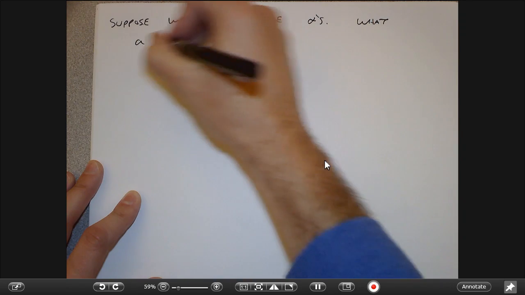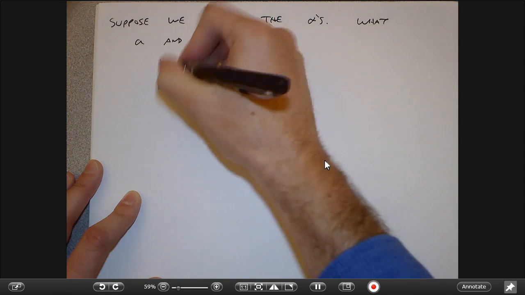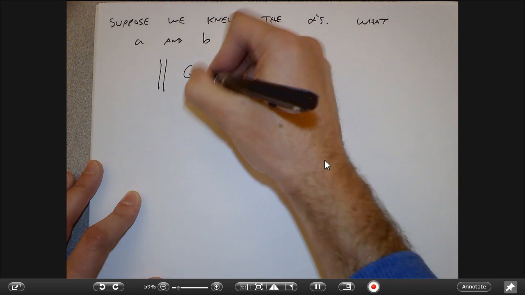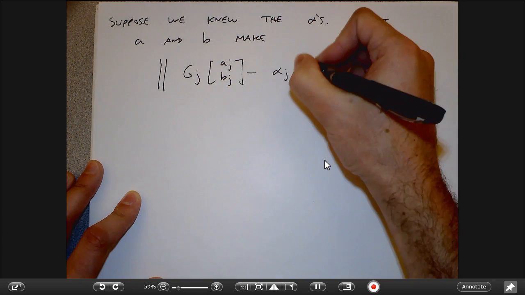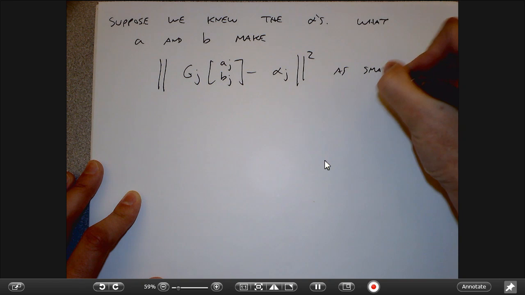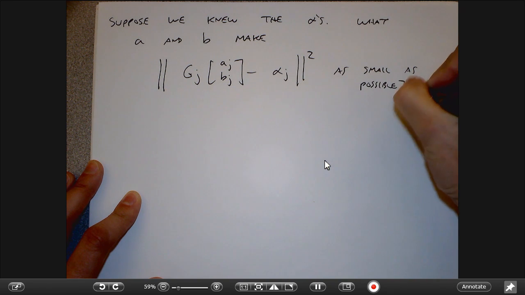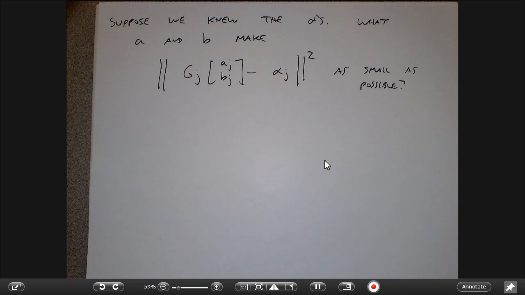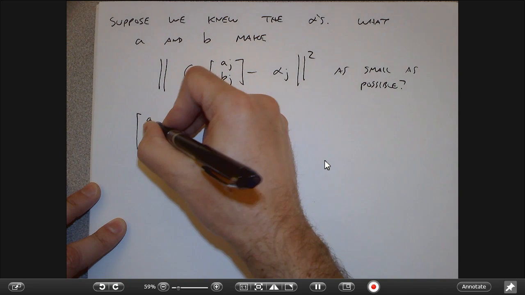What A and B make this number as small as possible? Well, that's just like a linear least squares problem. So those of you who have done the pseudo inverse know that the best thing that I can do,